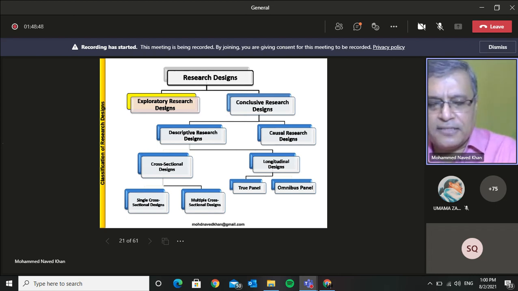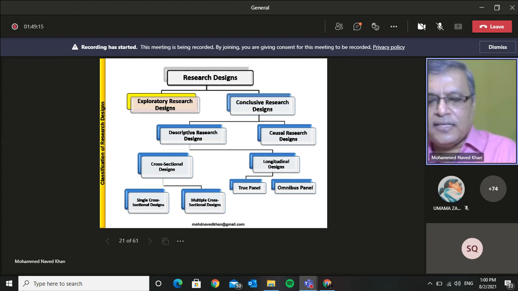In single cross-sectional designs, or in general, as far as cross-sectional designs are concerned, remember that it means that we are going in for a snapshot view of things, or slice of time design. Snapshot view means it gives us an idea regarding how things existed at a particular point in time. It will not be telling us what was happening prior to it, or what happened after our administration of the questionnaire.